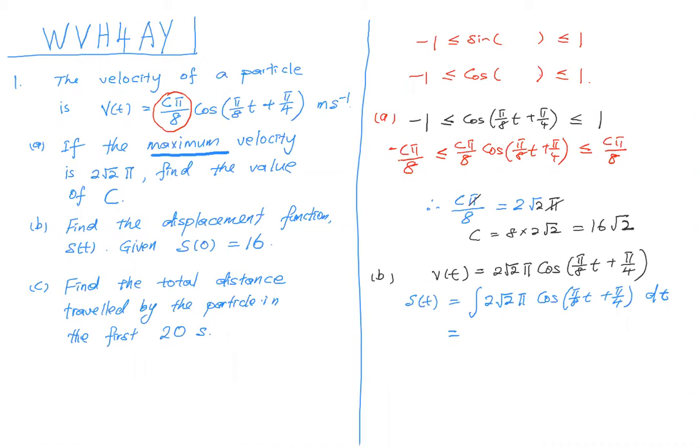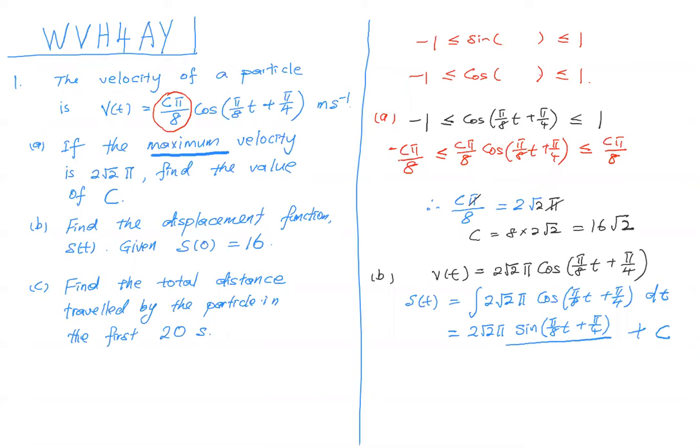Okay, have you got? So just write down. You integrate cos, you get sin. Write down the angle. Divide by